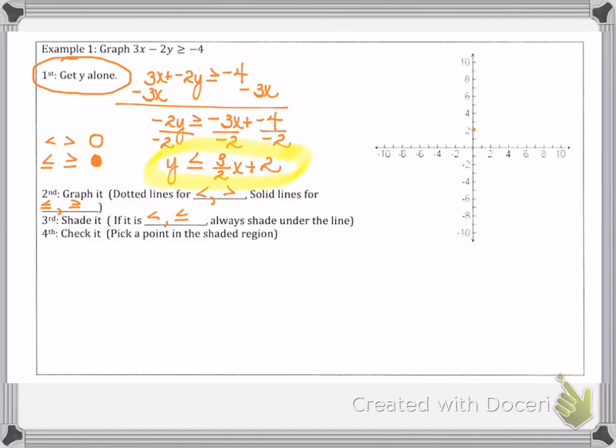And then using the slope, I'm going to go up 3 more and to the right 2 to make my next dot. So 1, 2, 3, to the right 2. So right above there. Now you can also do the reverse. You can go down 3 and to the left 2, and that will find you another ordered pair on that